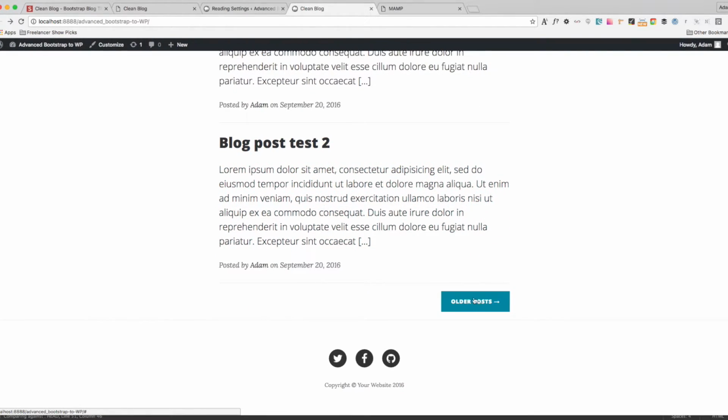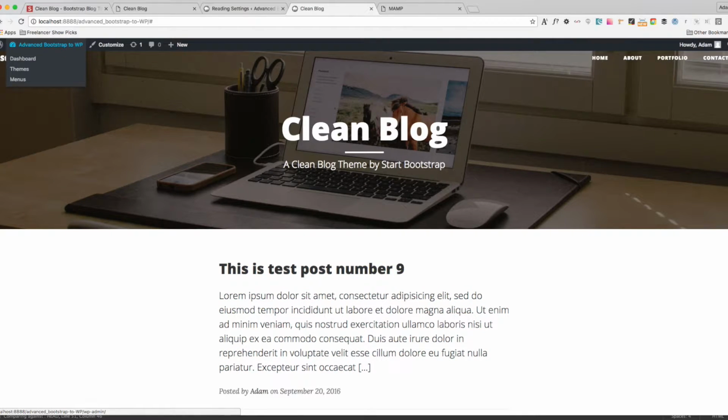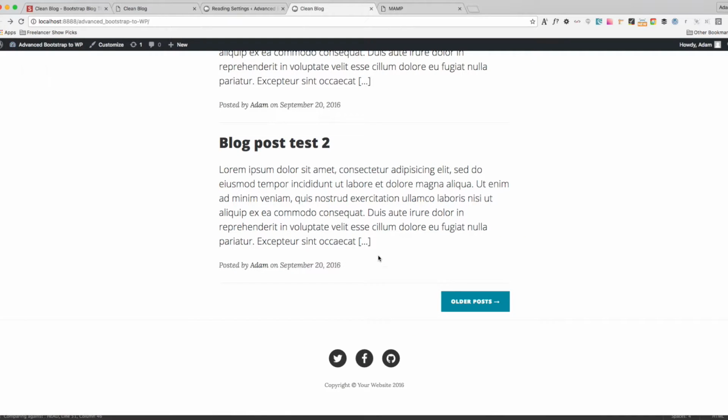Let's talk about this piece here. So this pagination piece doesn't go anywhere, obviously. It's just a pound placeholder link. So let's start building that out. And what does that look like and how do we do that? So